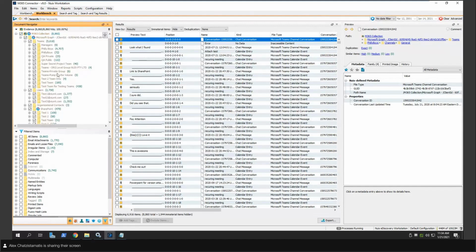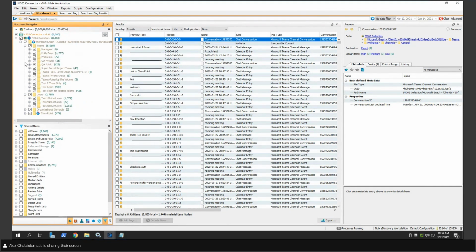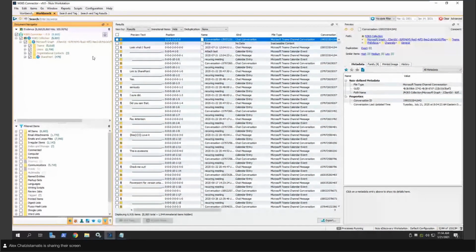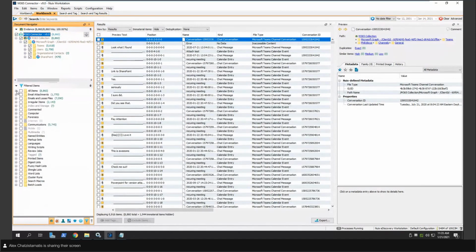And really, the other one, of course, is Teams, right? That's going to be the big one. So let's take a look at that a little bit, how Nuix works with that. And with that, we'll also look at things like the version documents and the modern attachments. So if I just reset my view here for a moment, I'll just deselect this to focus on Teams data. And actually, we'll select all of this. For those of you familiar with Nuix, you'll know that